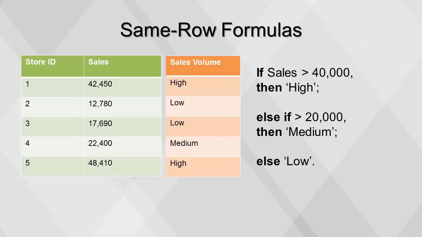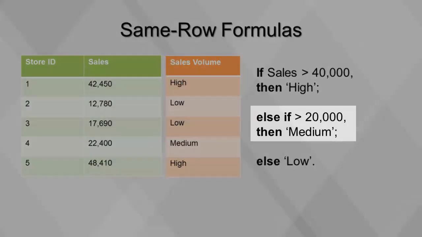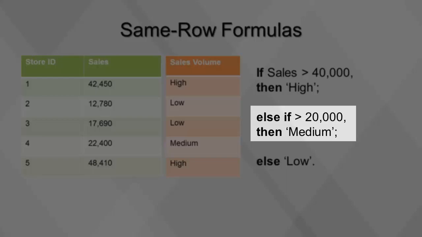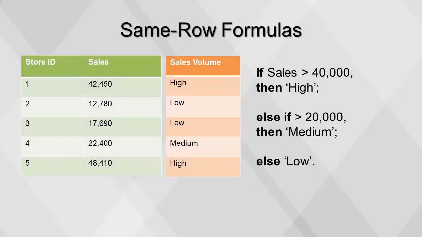In this table, we compute sales volume with if-then logic. If sales is greater than 40,000, then high. Else if sales is greater than 20,000, then medium. Else low. This formula begins with testing the first condition, if sales is greater than 40,000, and if it is